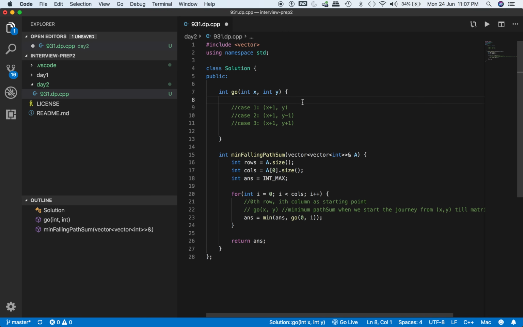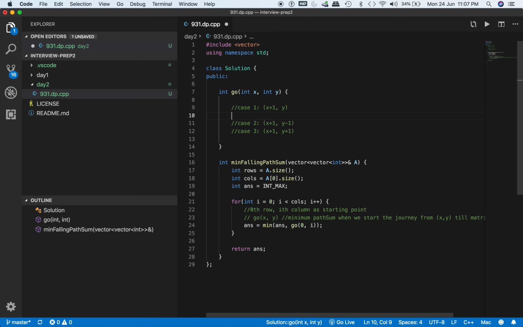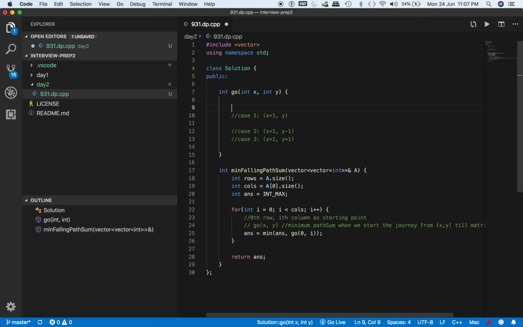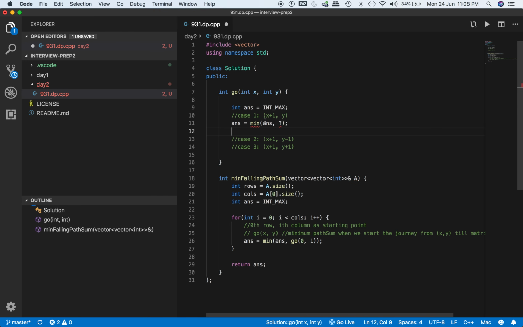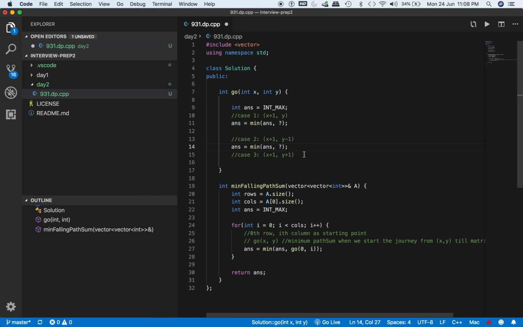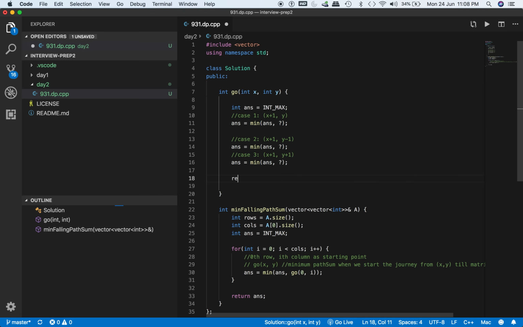So now what we can do is basically for each case calculate the answer and store it. So basically we can have int answer equal to int underscore max. We compute the answer for case 1 and take the minimum with it. Once we calculate the answer for case 1, we do this, then we do for case 2, then we do for case 3, and then we simply